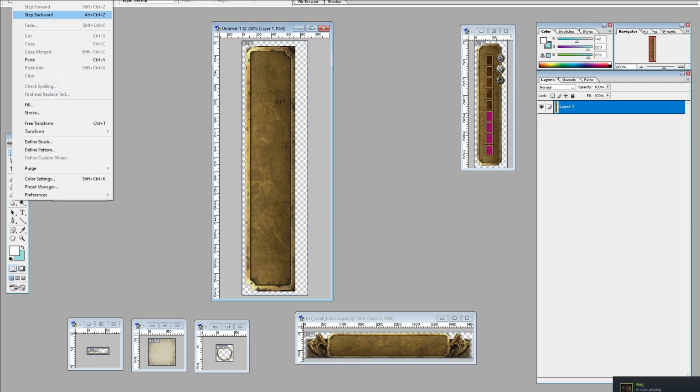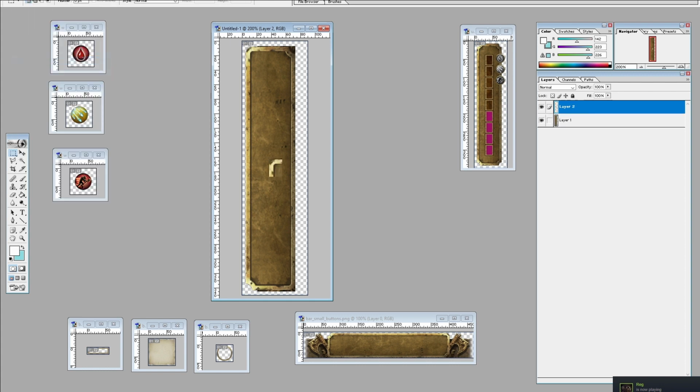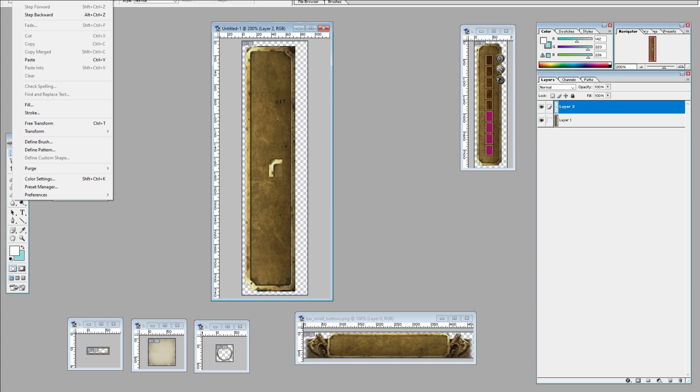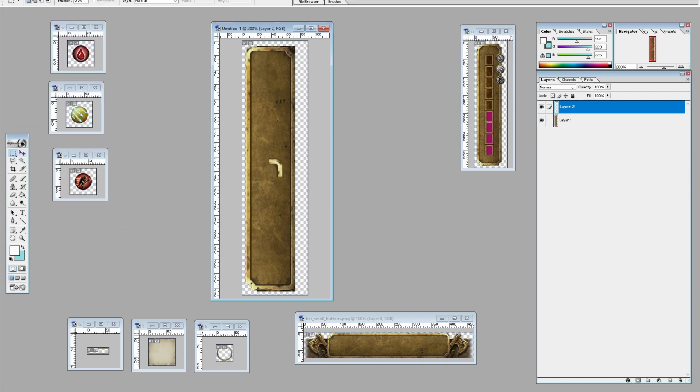So we've got a copy, we're going to paste, which puts that into a new layer. We're then going to flip that layer on the horizontal, and then we'll just drag that into position,